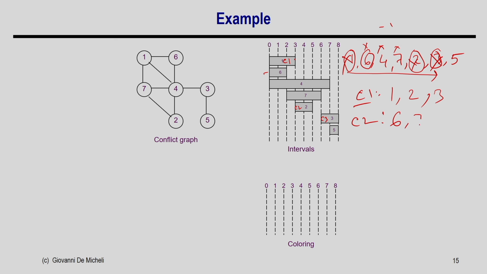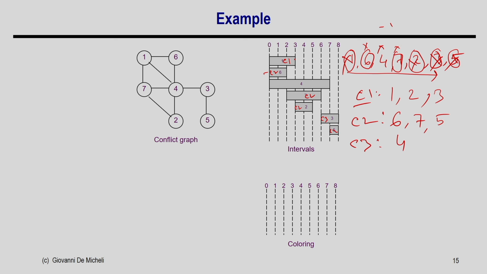So, I can select 7, and once I select 7, so this is C2, this is C2, I can select also 5, right. So, you can understand that. I am actually assigning color 2 to 6, 7 and 5, and then in the next iteration only one is left, 4. So, color 3 will be assigned to 4. This is how every iteration it tries to find out the maximum number of possible intervals that can be given